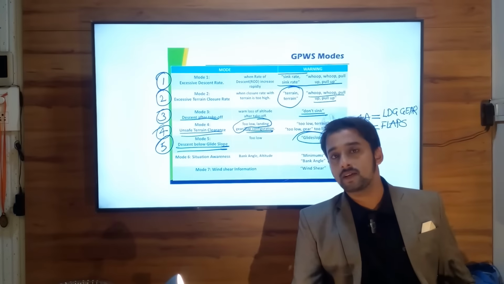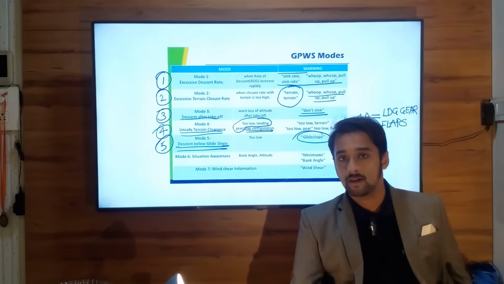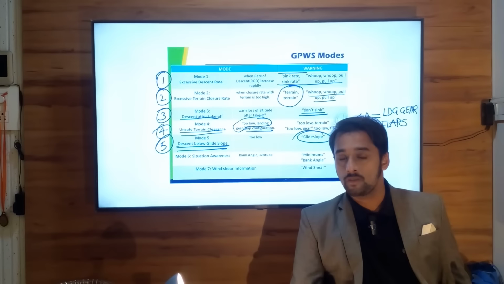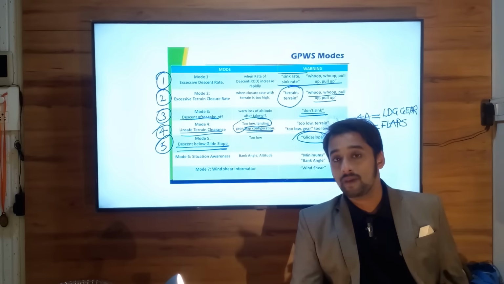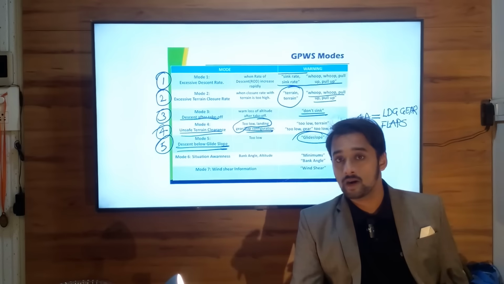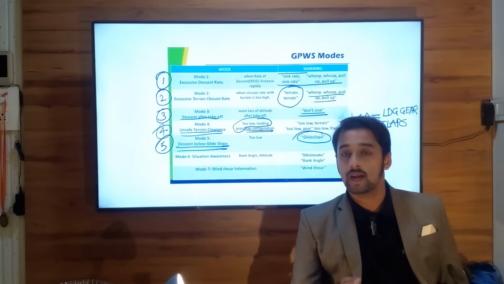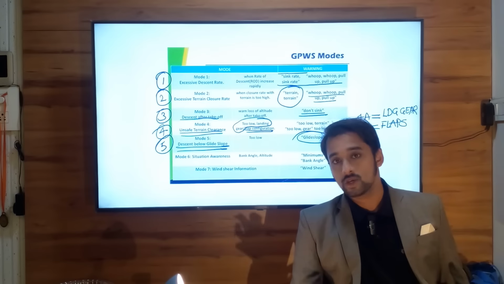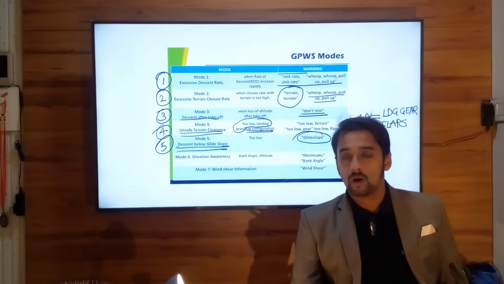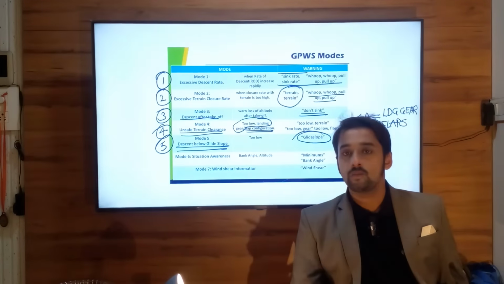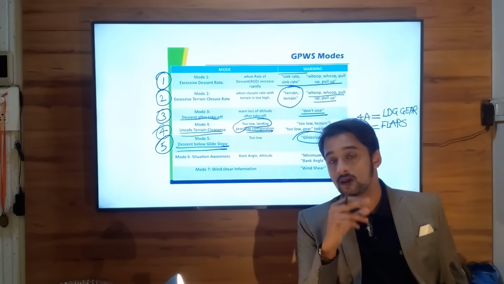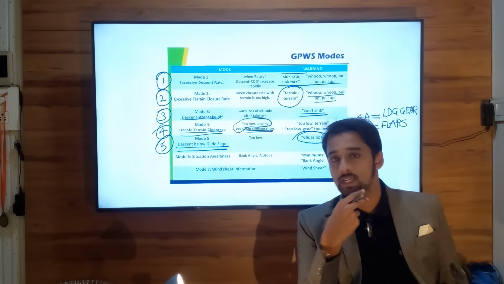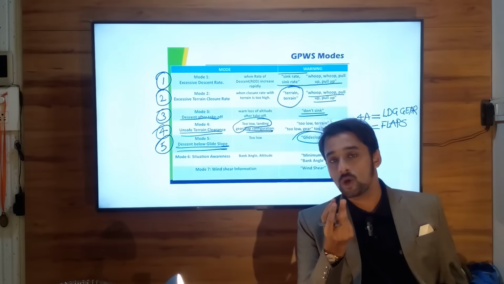Because what happens when you descend below glide slope when you come in for landing? As you go down below the glide slope, you are actually going close to the ground surface below you. There can be an obstacle, a building, a tower, anything can be there. So that is not a safe situation. So you either be on glide slope or you be above it, that is acceptable. But also if you are above a particular glide slope, there is a limit set for that too. If you are too much above, again you have to initiate a missed approach or go around, because your approach won't be